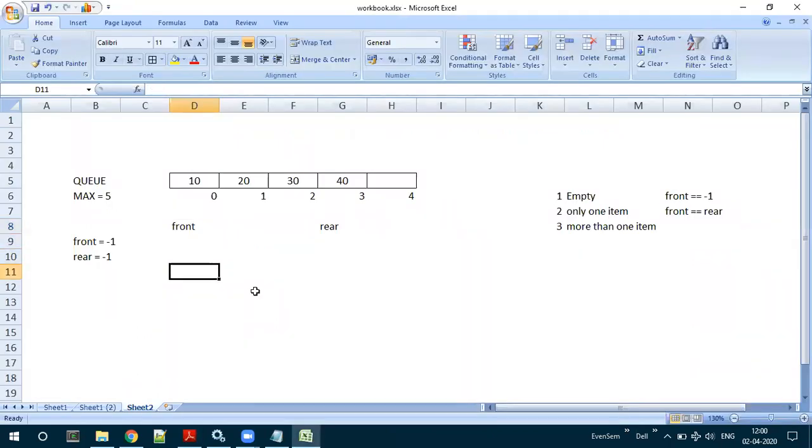I am taking one variable wherein item is equal to queue of front. Queue of front is what? 10. So item is going to be 10. Wherever front is pointing, that is 10, I am updating it in the variable.